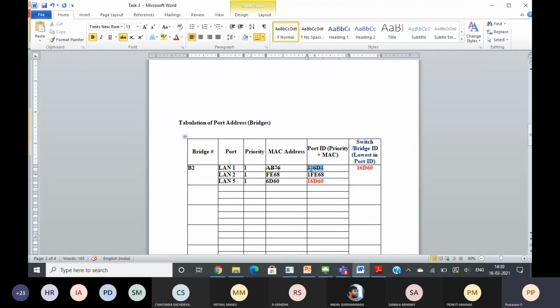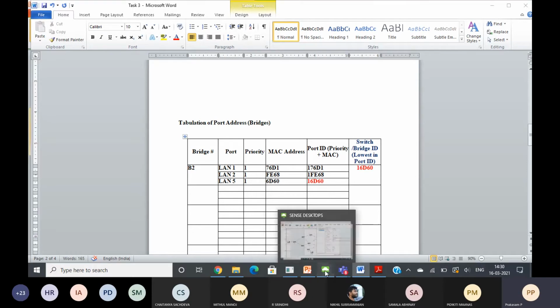This is working purely based on hexadecimal value. Based on hexadecimal, we can choose the lowest value. So this is for B2.